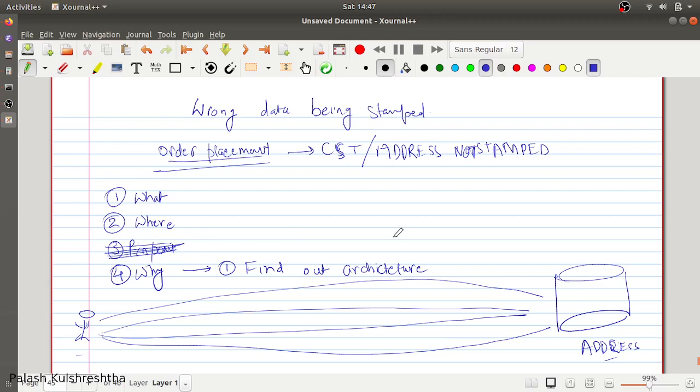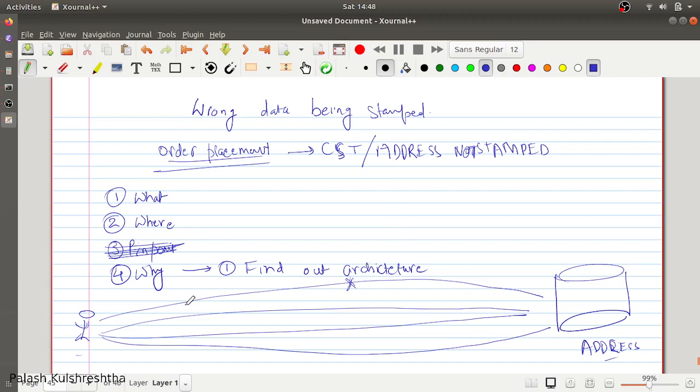For example, we will first try to find out in which flow the address was not getting stamped. What were the steps taken by the user? If we are able to get that information, what was the app version, or what was the web client that the user used? Because that can create a difference. So you want as much information as you can get in a sustainable way. You cannot just go on calling customers. If you can get that information, it's well and good. If you're not able to, you should move on and try to get other pieces of information from your logging systems, from your monitoring systems.